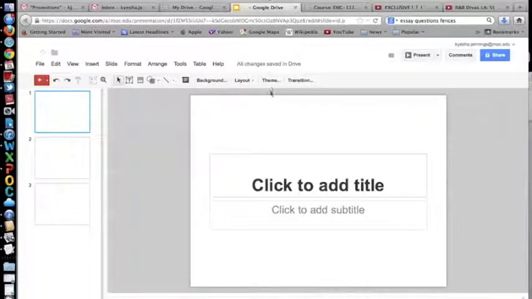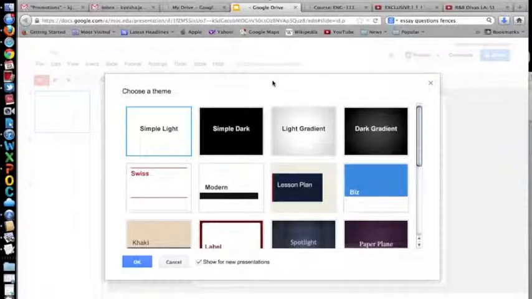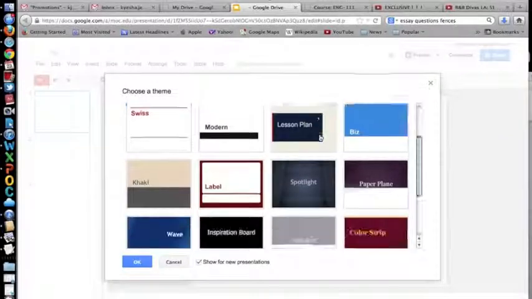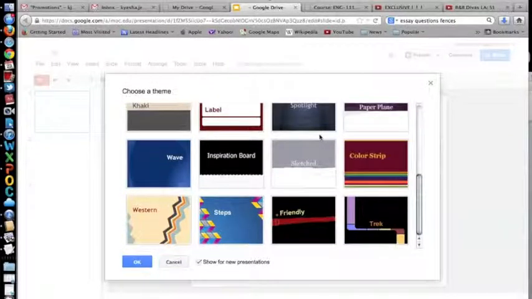In order to change the theme within Google Drive, you will simply click on Theme and where it says Change Themes. Now, of course, the themes will be different from the themes in PowerPoint because they are created by 2 different people. So we're going to click on this theme and press